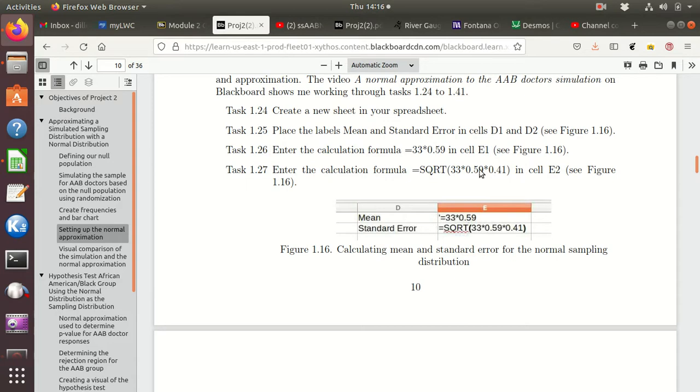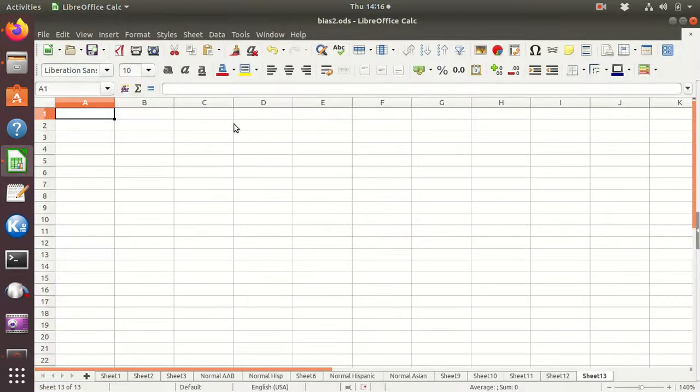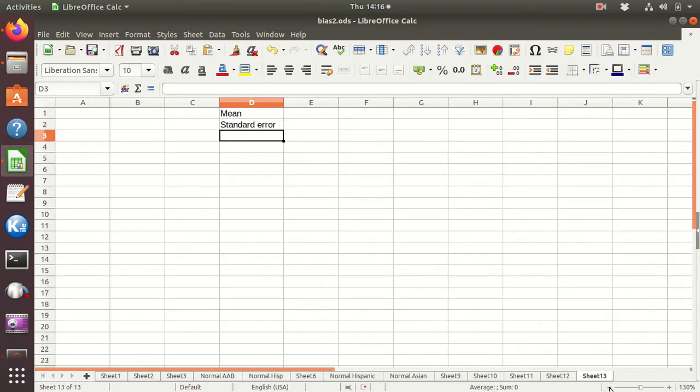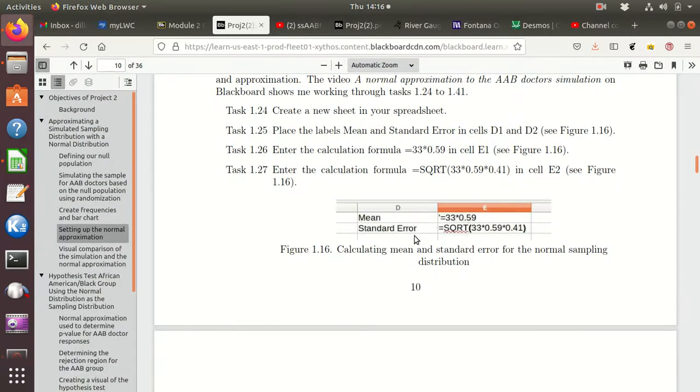and it says the mean and standard error, so I'm going to put that in. So mean, standard error. Okay, and now that's a little too long, so I'll go like that. My spreadsheet's actually kind of big. I might make it just a hair smaller. Okay, and then what we want to do is